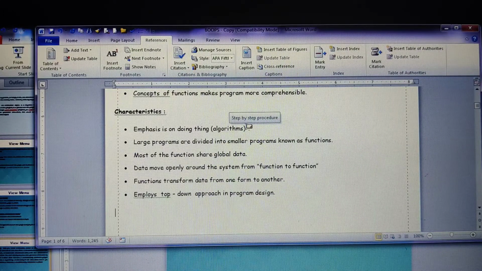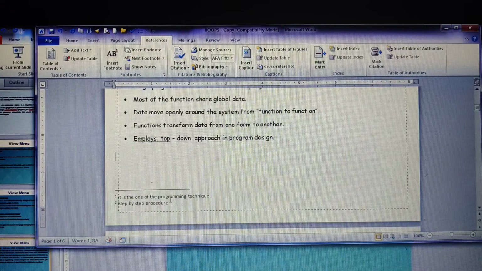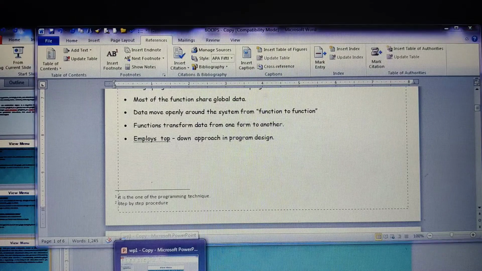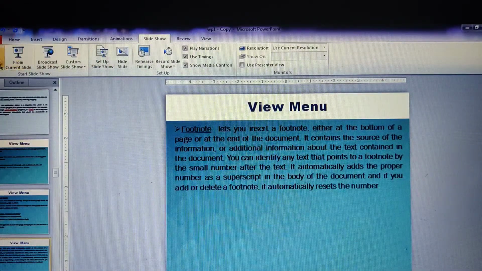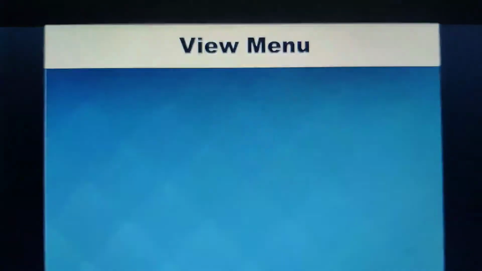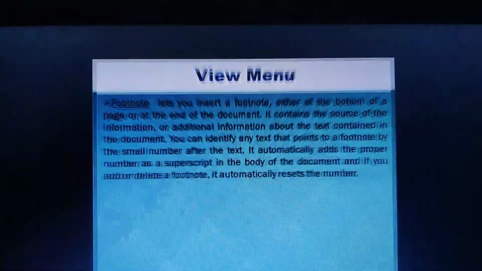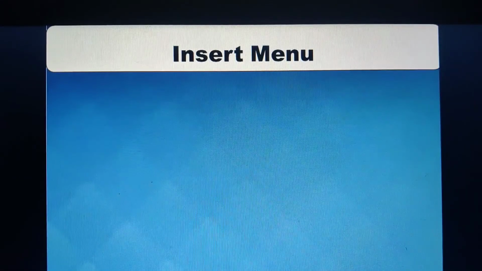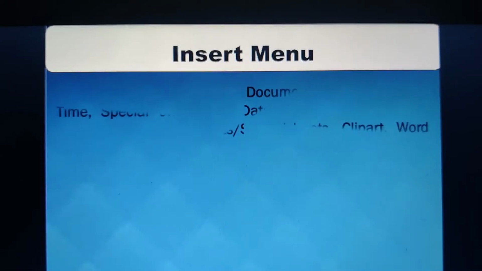Like this, whenever you're going through any of your documents, footnotes will help you to provide some additional information. Alright, and always the footnote appears at the bottom of the document. I hope, students, the concept is clear here about the footnote. Let us continue here with the next of the different options. That is, let us move on to the insert menu, the next menu.